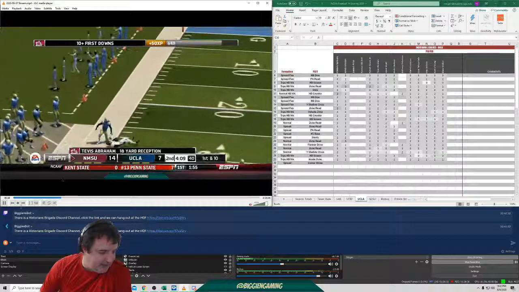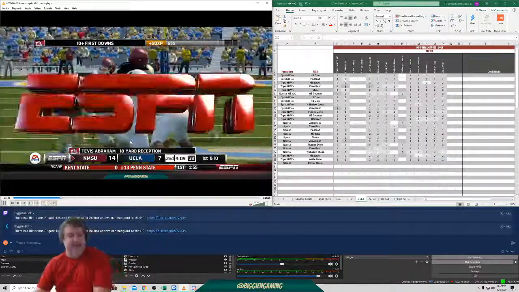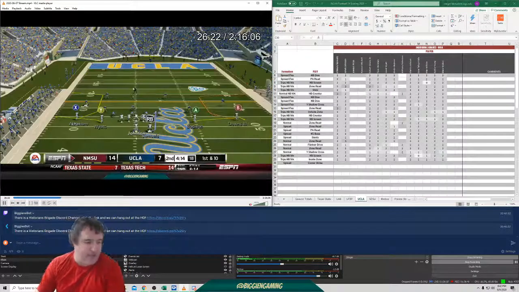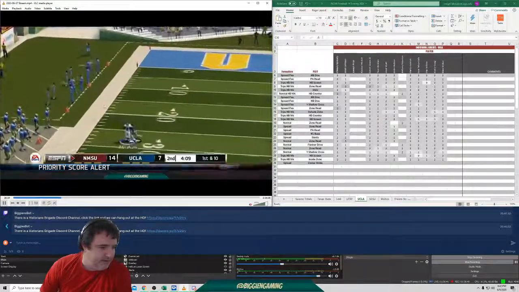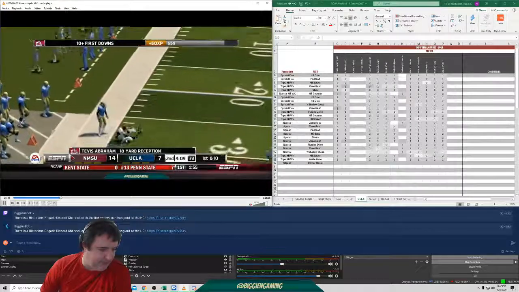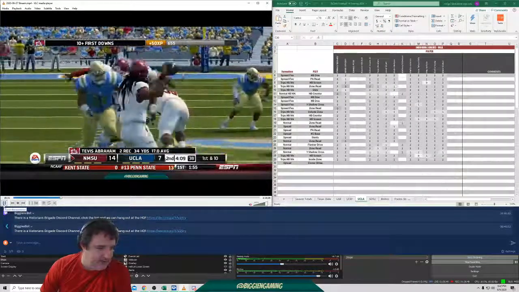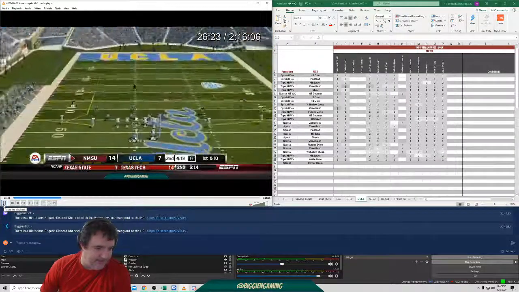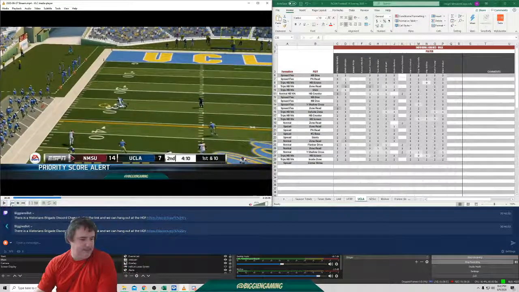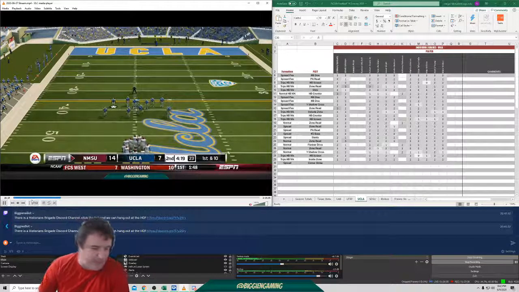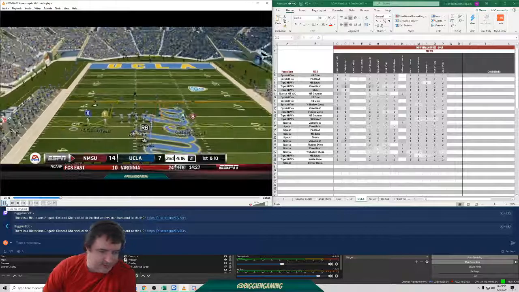So you see there, we throw the ball. Ball's already out before he even has a chance to react. DB has no chance, right? They're just running. He has no chance to make a break on that ball to stop it. That ball's already out before he makes his break. That's how it's supposed to look. Boom. Watch that. That ball's already in the air before he even gets there.